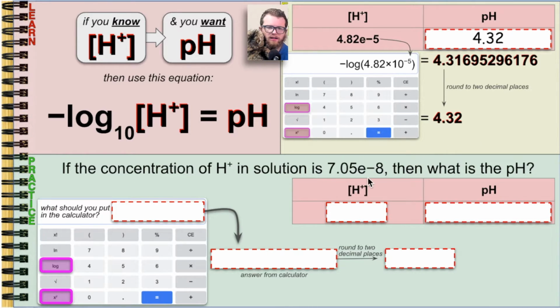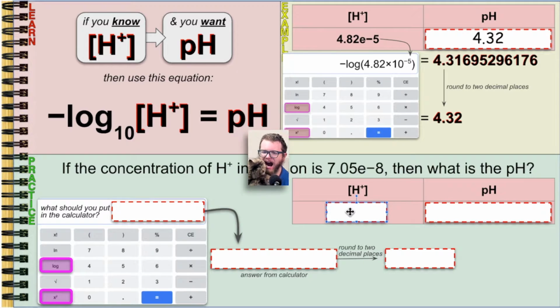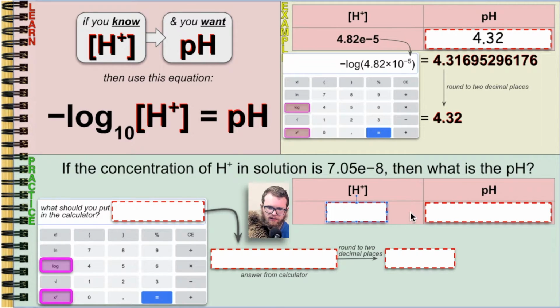So for this one here on slide 9, our concentration of H plus is 7.05 E minus 8. And so what we're going to put in our calculator is we're going to put in negative log, and then in the calculator is just automatically log base 10 unless you make it something else. So we can just do negative log of the concentration, which is